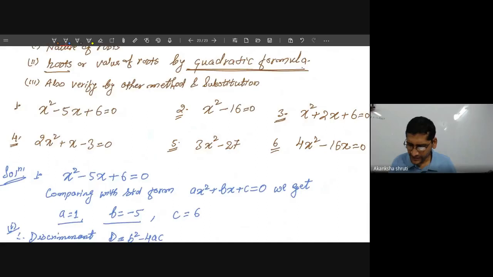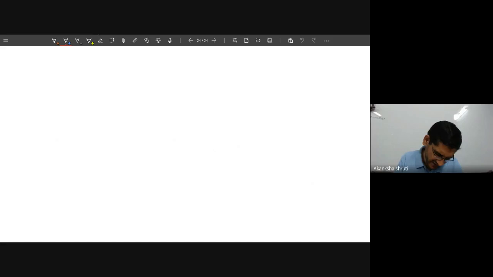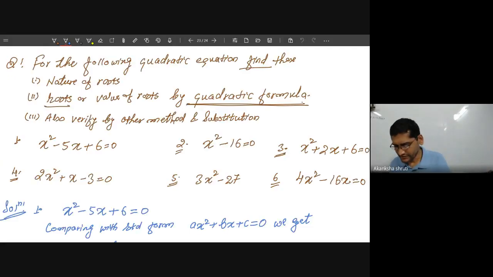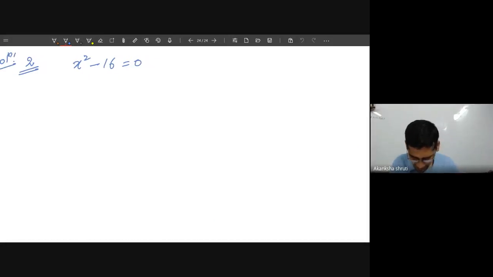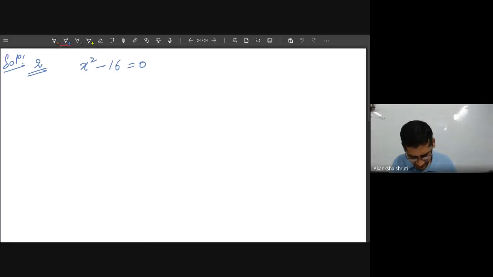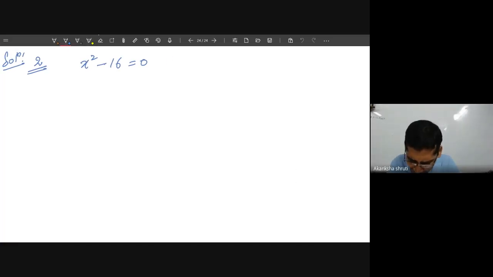Now let me do the next one. Question number 2. I think this is very easy. Solution to the second question. Student, our equation is x square minus 16 is equal to 0. It was this one. Comparing with, you have to write the standard form. So comparing, we get